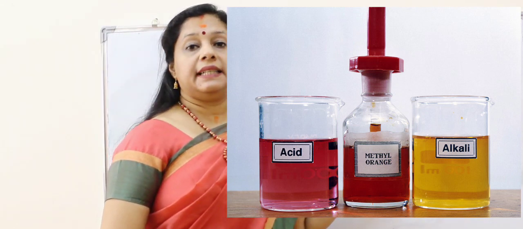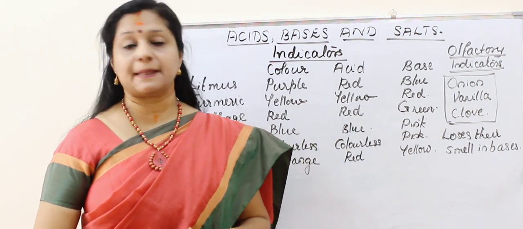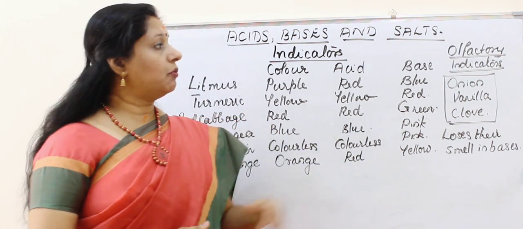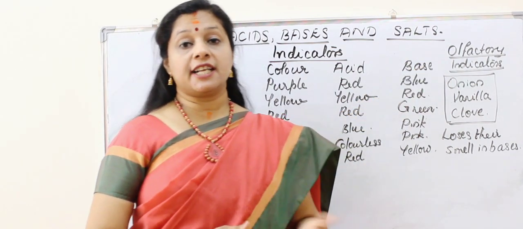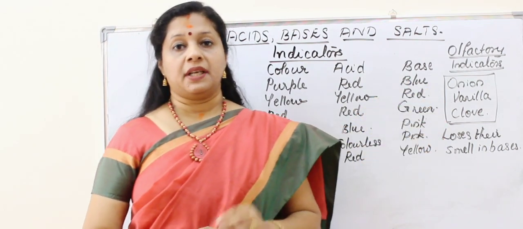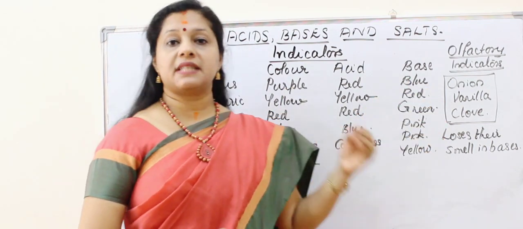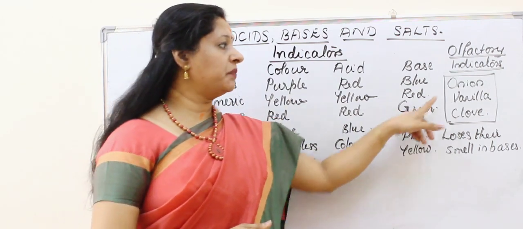These are the indicators which change their color in the presence of acidic or basic substances. Now the second group of indicators are olfactory indicators. They can change their smell, for example onion, vanilla, clove and all. If you treat them with any of these acids, they don't lose their characteristic smell, because we know onion has